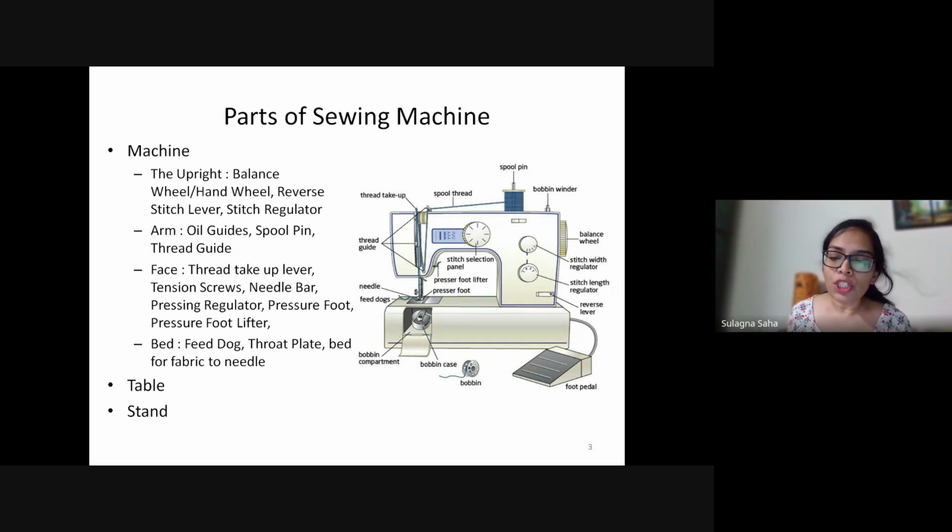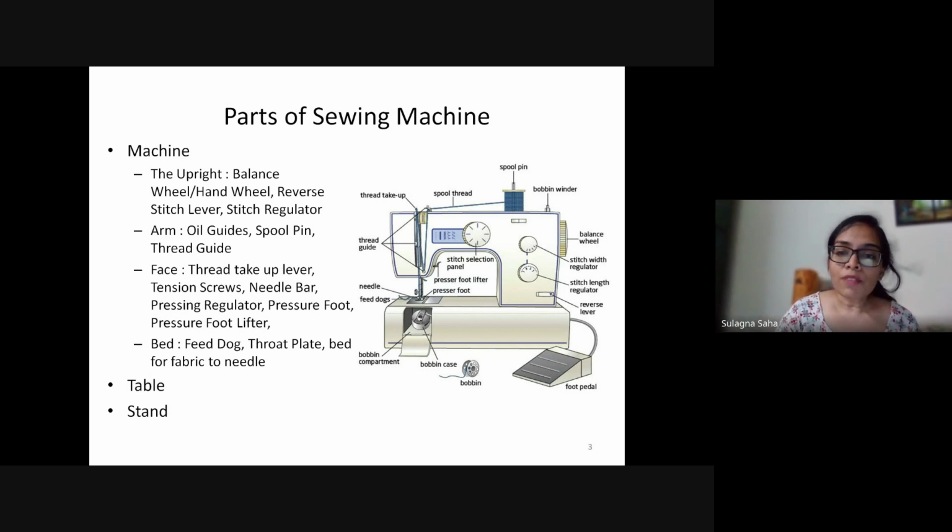So we can have stitch per inch. Stitch per inch essentially is related to the thickness of the fabric and the thickness of the thread that we use. We can have a higher stitch per inch, which would make the number of stitches in 1 inch more, used more frequently in lightweight fabric. And we can have a smaller stitch per inch, which would be used in heavyweight fabric, which would essentially mean in 1 inch the number of stitches is less.